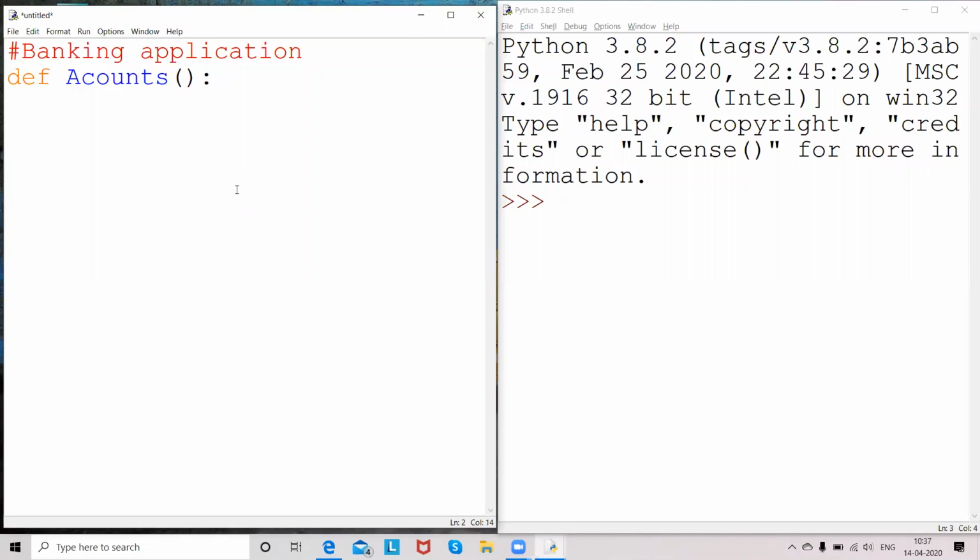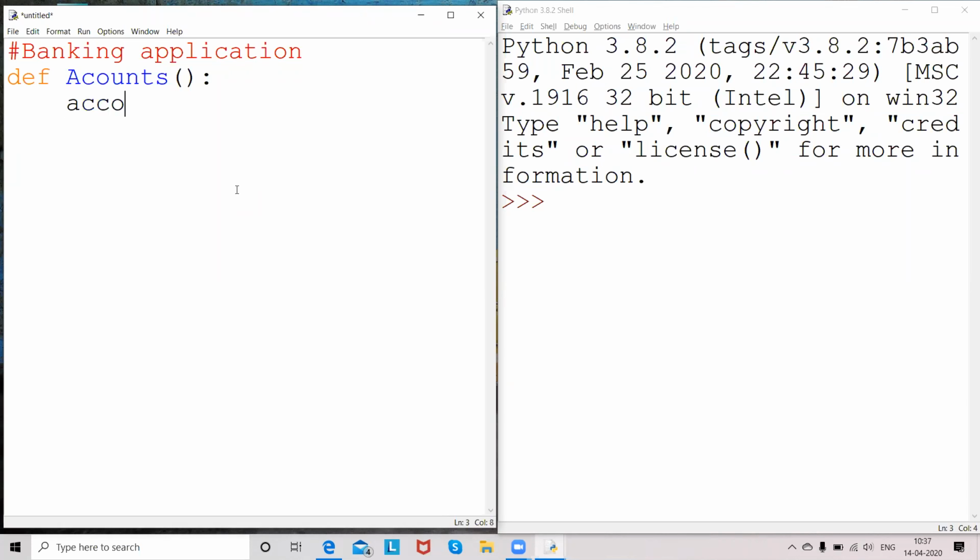So this function is used for creation of account details. That means I must ask the user to enter, maybe I need to create an account number for the user, and the account number should be assigned to the particular customer. So in this accounts function, I just want to create an account number for the customer, and store his personal details like his mobile number, address, name, and this can also be provided with the help of branch code. So four values I want to take: account number, customer name, customer mobile number, and branch code. So these four properties I want to store here. So I'll define four different variables.